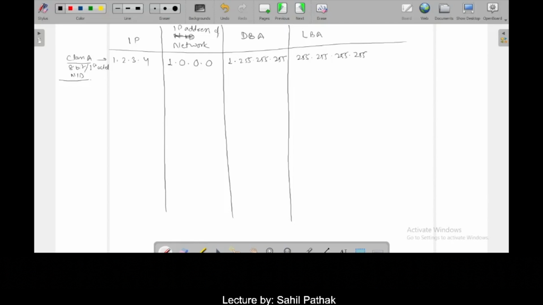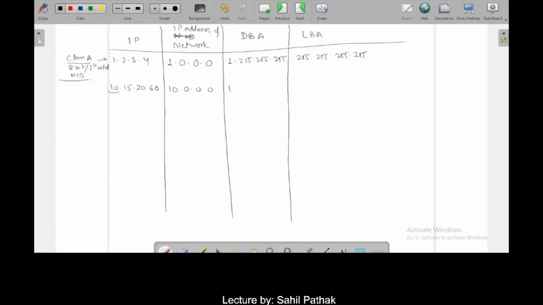Let's take one more example, which is 10.15.20.60. Just by looking at the range, it is also a class A address. That means only the first 8 bits are the network ID, and the rest are the host ID. So if you want to calculate the IP address of the network, that would be nothing but 10.0.0.0. Similarly, if you want to calculate the directed broadcasting address,